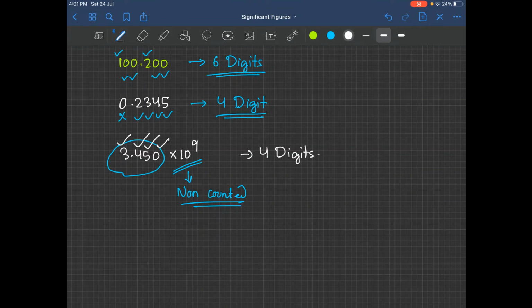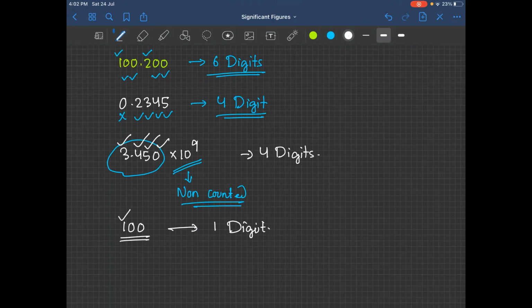Now let's check another number, simple, just 100. Now 100 is a number in which there is one significant digit because it is non-zero, and there are 2 zeros as well, and these 2 zeros are towards extreme right. Okay, if there are extreme right, let's check, is there any decimal point here? No, in this number we do not have a decimal point anywhere. That means this number has only one significant digit.